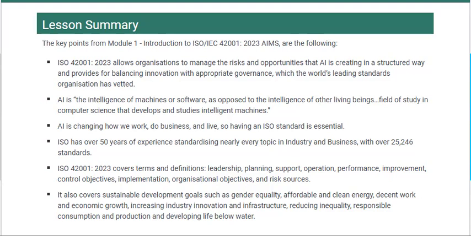ISO has over 50 years of experience standardizing nearly every topic in industry and business, with over 25,246 standards. ISO 42001:2023 covers terms and definitions, leadership, planning, support, operation, performance, improvement, control objectives, implementation, organizational objectives,